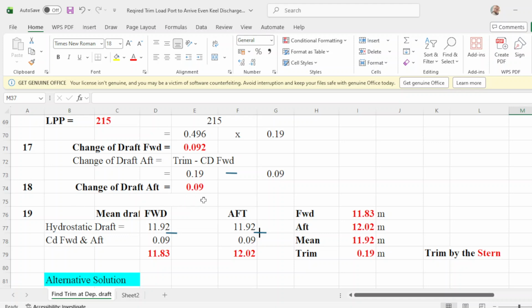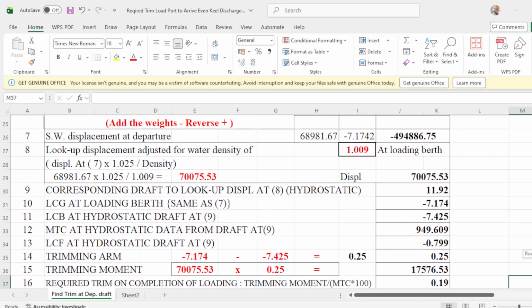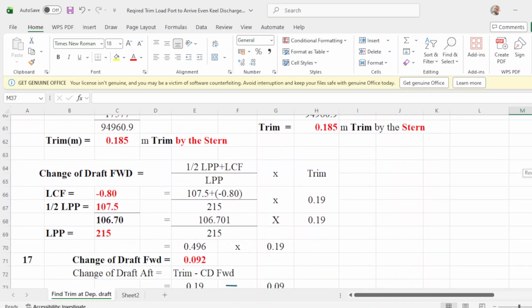That will be 18. In 19, apply now your drop forward and drop up. So the main drop is 11.92, which is this one, guys. 11.92, which is this one. With this drop displacement, this will be your main drop of 11.92. Okay. So with 11.92,